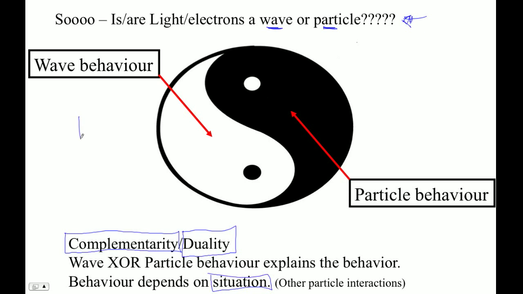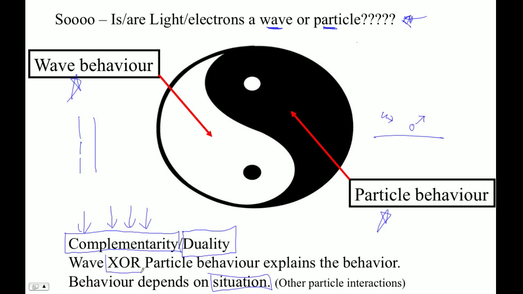If you send monochromatic light onto parallel slits like this, it will make an interference pattern. It's going to act like a wave. If you send light onto the surface of a metal, little photons, it's going to eject electrons as a particle. You tell me the situation, I'll tell you what it's going to do. And that's what science is about. Now, the thing that's weird about this, and this is one of the things that Einstein didn't like so much and would attack, he would try to bring this down,